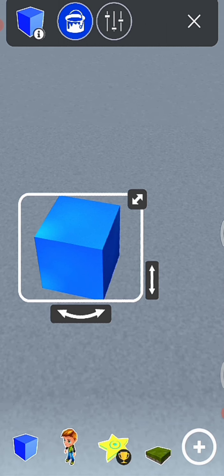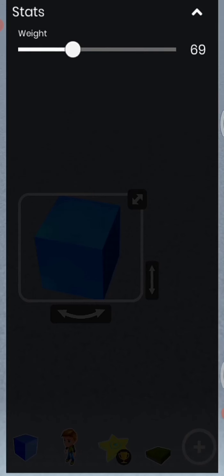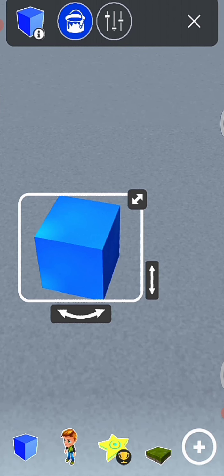And whenever you select an element, the related tools will be shown on top. Each element's tools will differ. You can change the color, and you click and see, children, each one here you can change the colors, skin color, and here you can change the weight of the shape. Like that, according to the element, the tools which appear on top will differ.